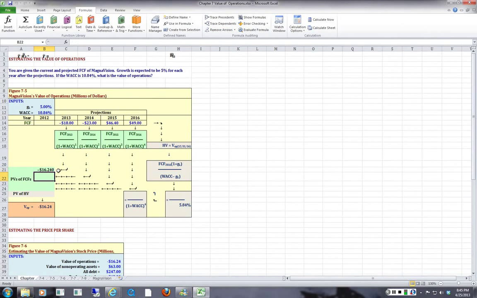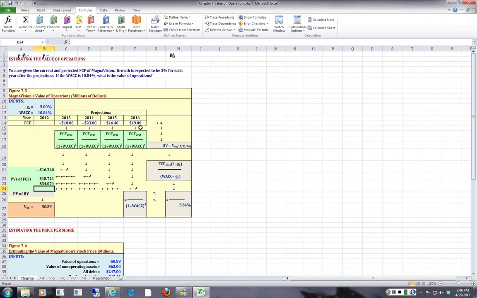Now the second year we are going to enter, and bring that down. It's a minus 23 divided by 1.1084 to the second power, and that should get us to minus 18.721. So the third year we are going to take that 46.4 and divide that by 1.1084 to the third power, and that gives us